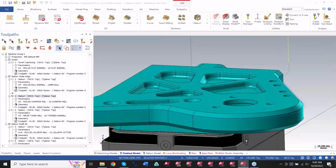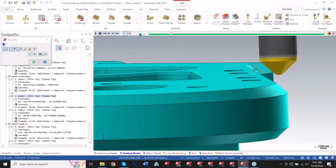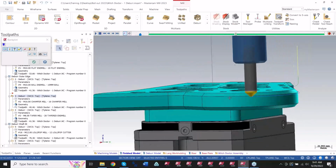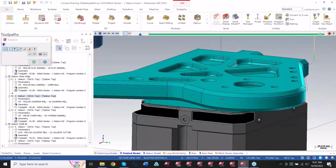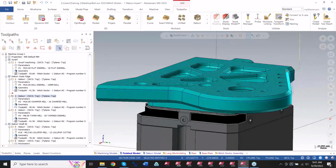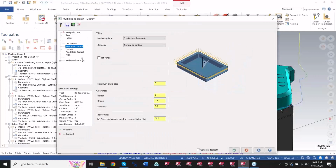So when I backplot that, I've got this deal here. And this is a pretty simple setting right now. I mean, it's just one continuous line. It doesn't have any drops or dips or anything like that, and we're going to get to that portion here in a little bit. But you can also see here, if I use a taper mill,